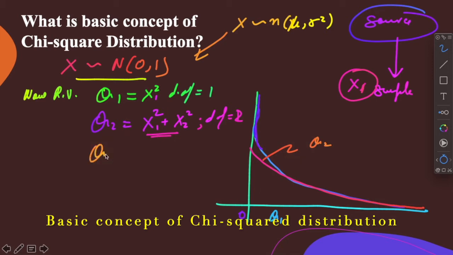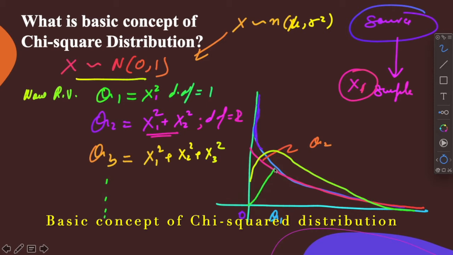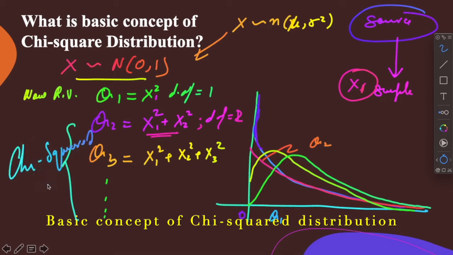Suppose there is a new random variable q3 where the sum of 3 squared items is used. In this case, the shape will become something like this. If it is more, then the shape will turn out to be like this. So in this case, this is called the chi-square distribution. So this is the basic concept of chi-square distribution, which we apply in case of